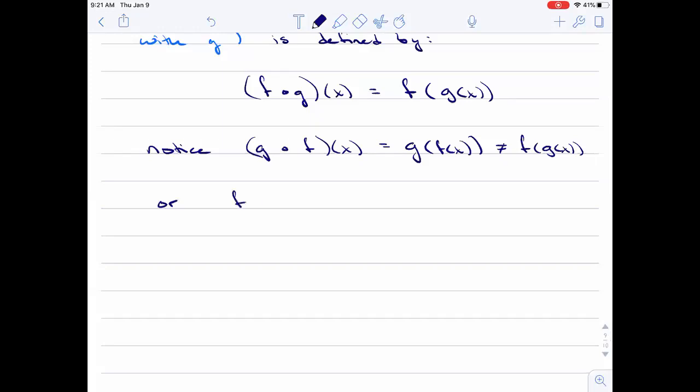Or if you have f composed with g, composed with h, composed with i of x, that's going to be the same as f of g of h of i of x, 1 bracket, 2 brackets, 3 brackets, 4 brackets. That kind of thing. So you just keep,